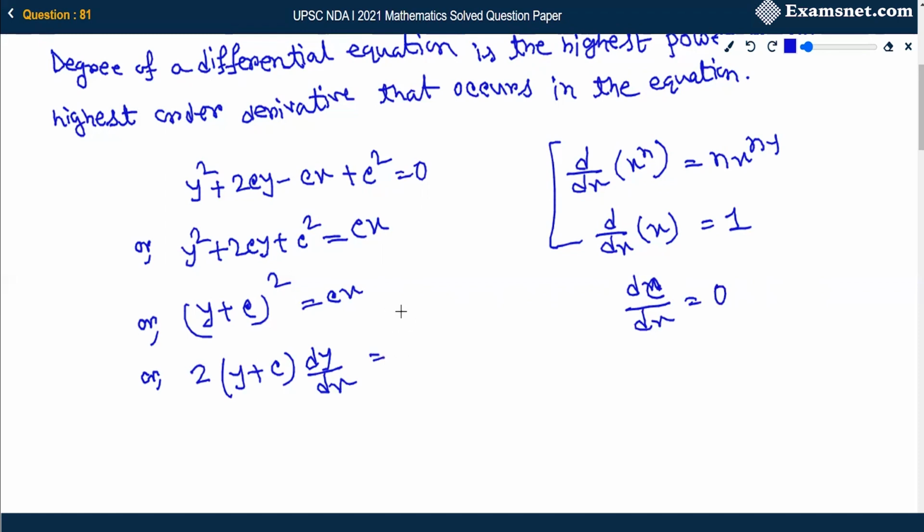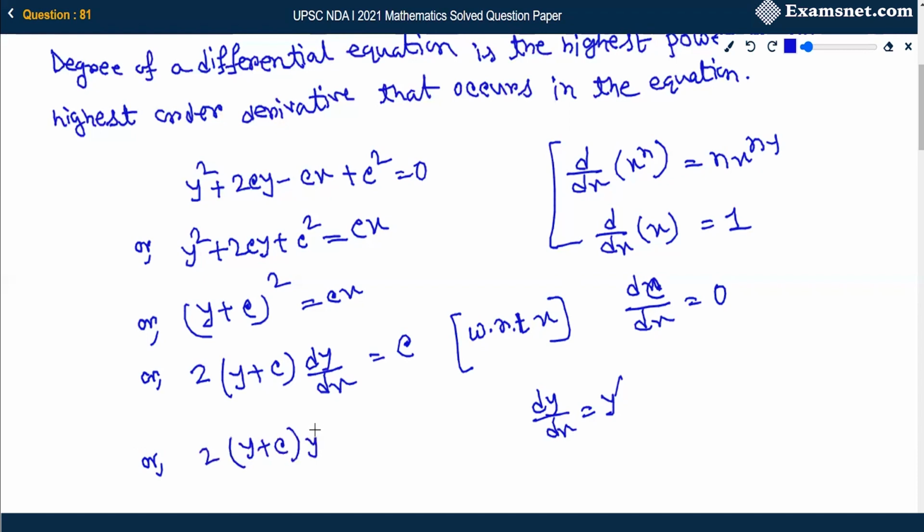Here also we are differentiating with respect to x. So it will be left with c only. Okay. Next. So here dy dx we can denote it as y dash. So it becomes 2y plus c y dash equals to c,